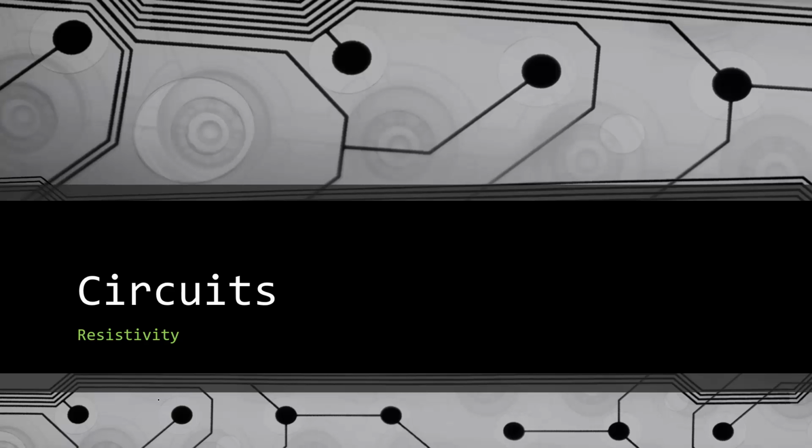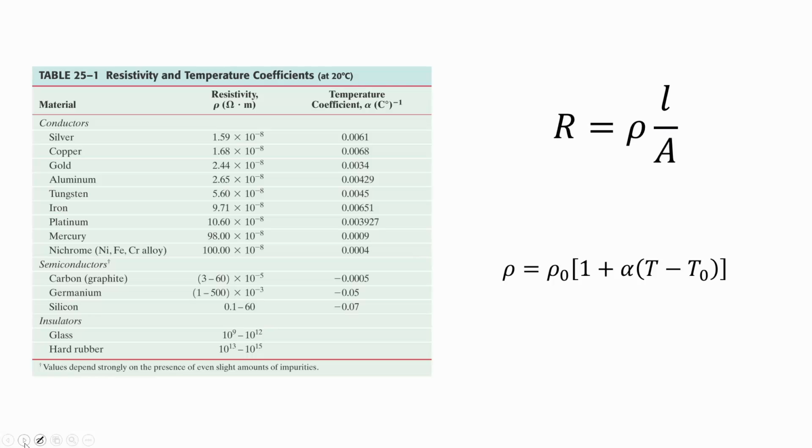We've already looked at electrical resistance, and in this video we're going to look at a related quantity called the resistivity. Jumping right into things, here's the equation that relates resistance, which is R, to the resistivity. If you remember back maybe in your chemistry class when they talked about intensive versus extensive properties, an intensive property is something that just depends on the material but doesn't depend on the extent or how much of the material you have. So the resistivity is the intensive property,